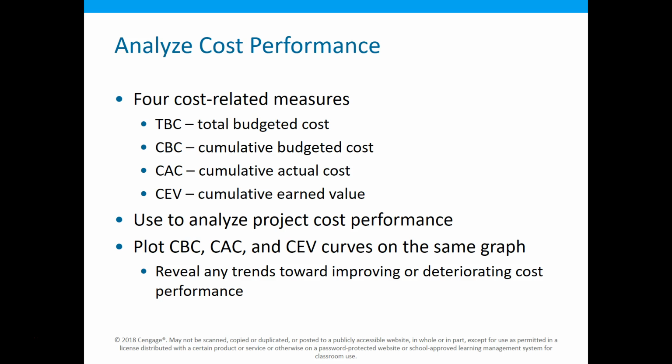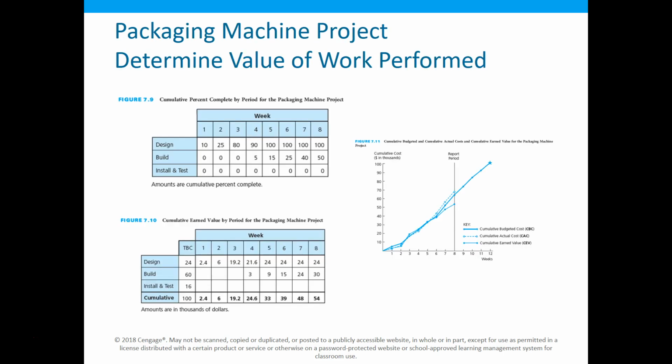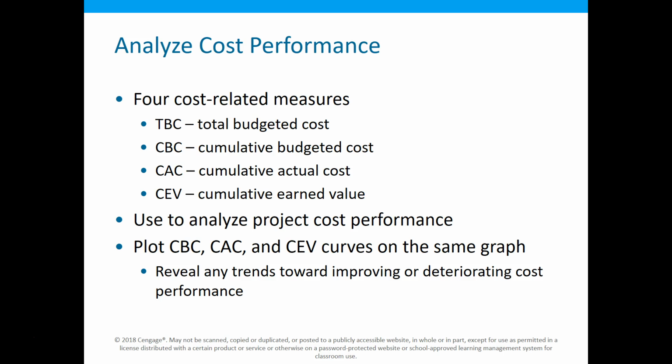And if I look back at that graph, sometimes we can see things graphically that make a lot more sense. What we can see from this trend is, does it look like our cost is way ahead of our performance? And it looks like that trend is increasing. Because if I look at week 7, and I go all the way back to week 5, they're on top of each other. We're doing really great. Something has happened between week 5 and week 8, and this might be where we start to analyze and try to dig into this project and try to figure out what happened, or why this project is going off the rails a little bit.